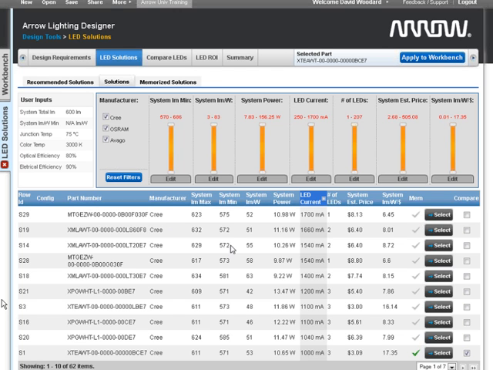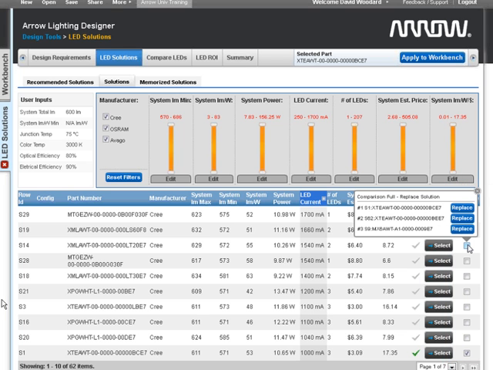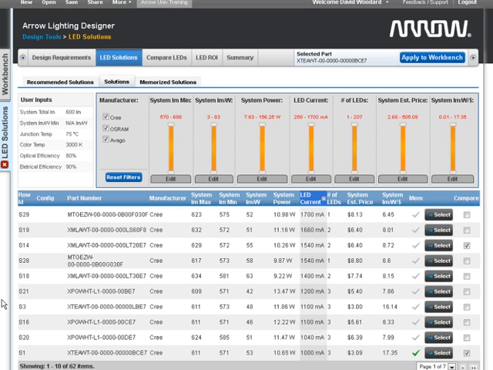Another useful feature, once you see all the options available to you, is the ability to compare LEDs. So if I come over here and say, okay, I want to look at this XML solution, I can click on compare, and you can see I've got 3 slots that I can place what I want to see into. So I'm going to place it in the second space here, and now if I click continue,